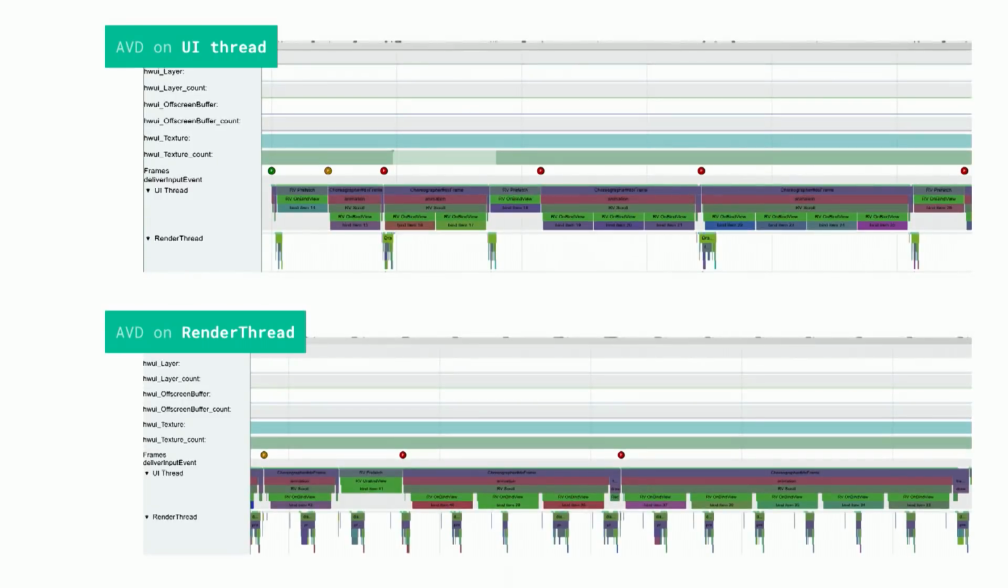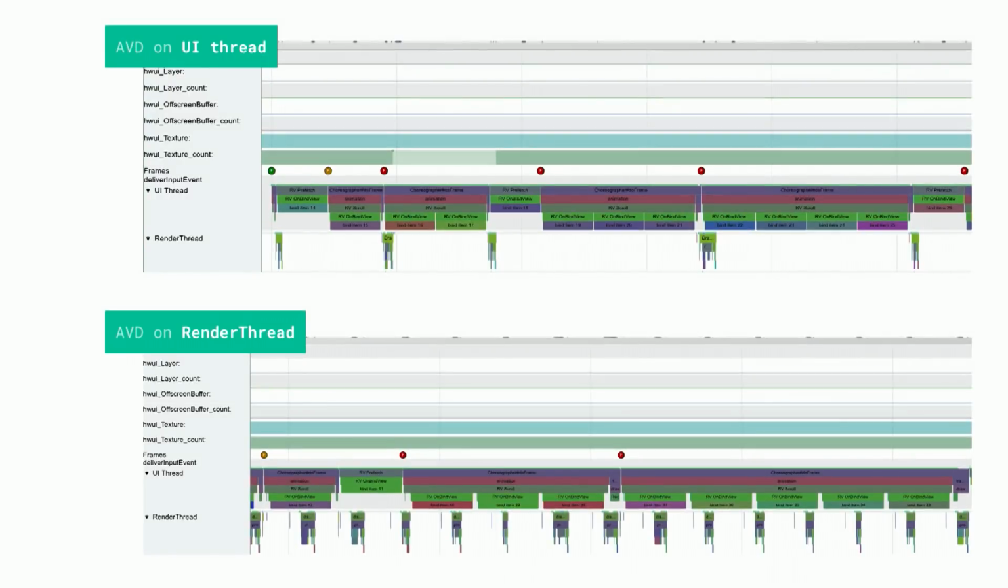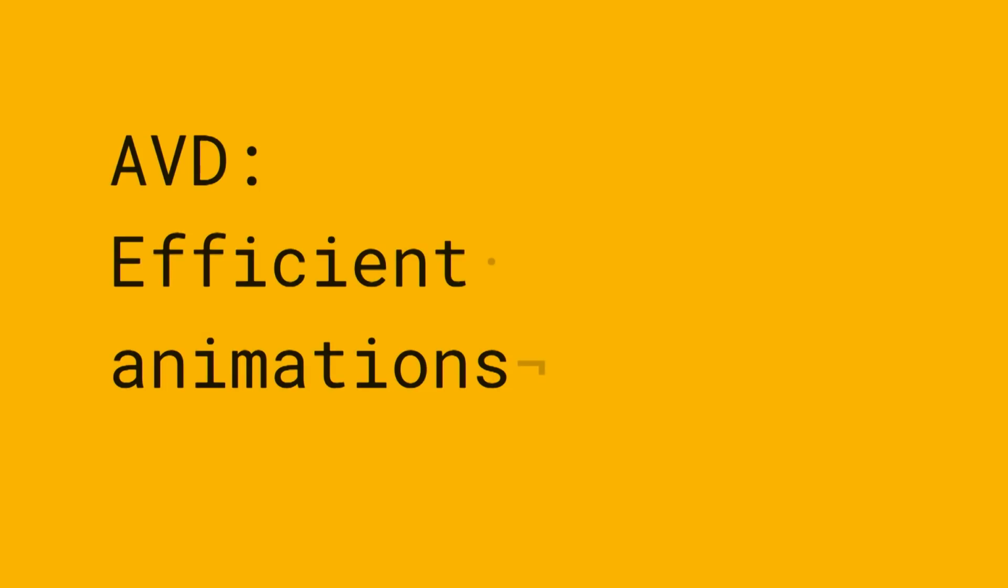And the best part is this comes for free if you have apps running on NMR1 or later releases using AnimatedVector Drawable or AnimatedVector Drawable Compat. There's nothing that needs to be done on the app side to take advantage of this newly improved AnimatedVector Drawable. So after we talked about what you can get for free, if you're still looking for more ways to make your animations more efficient,